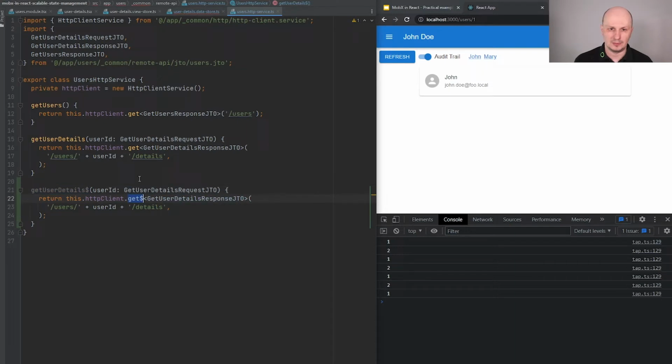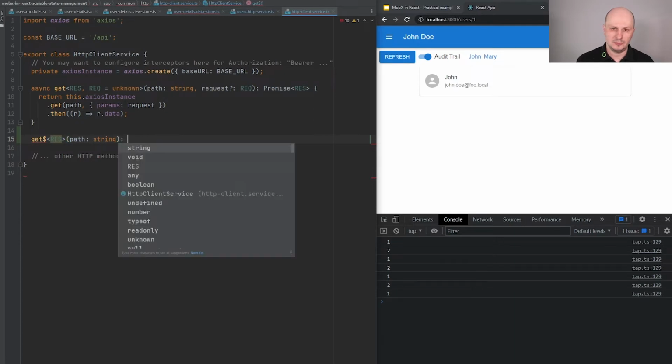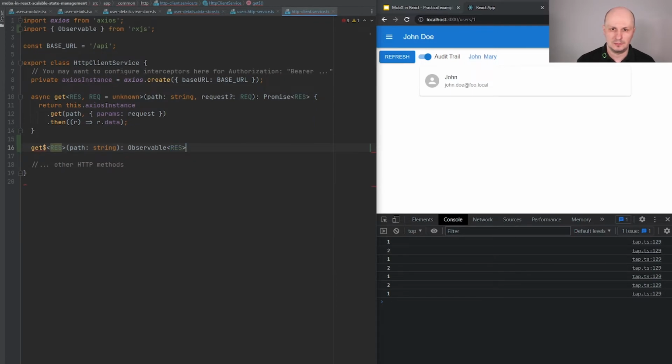So I need to also add a get$ method to my HTTP client service, which is generic, where we can have a path, and it should return an Observable from RxJS, of type generic Res.